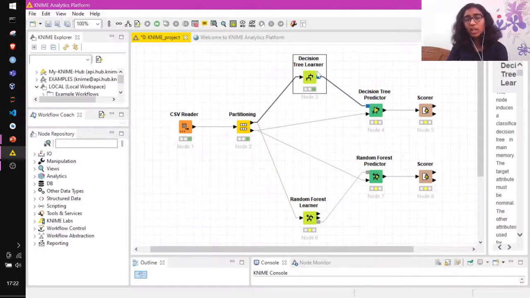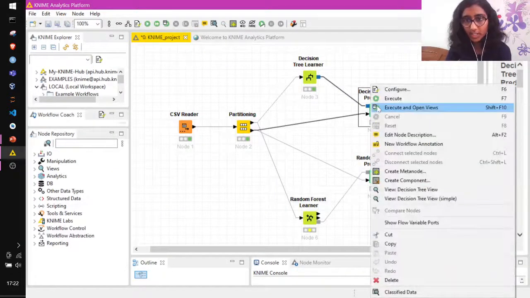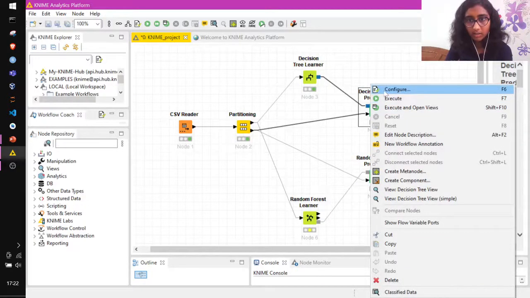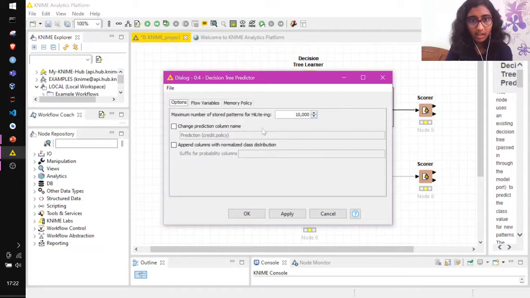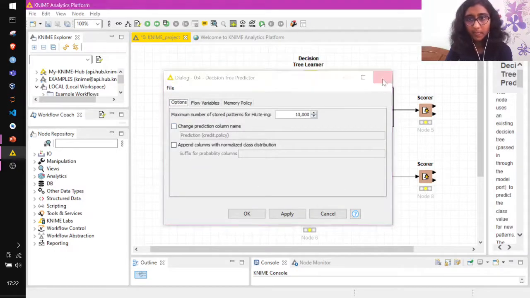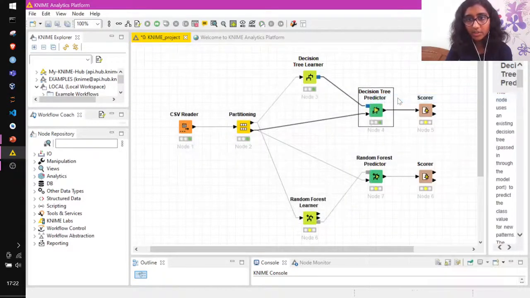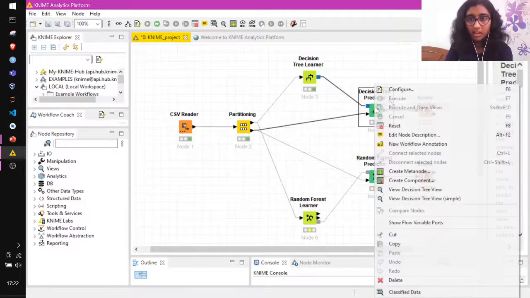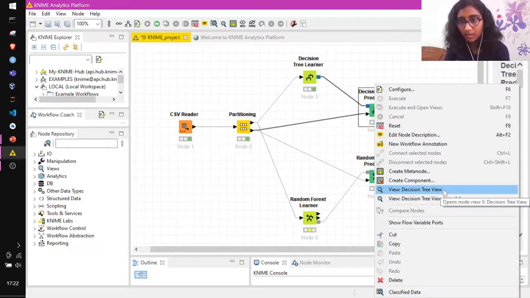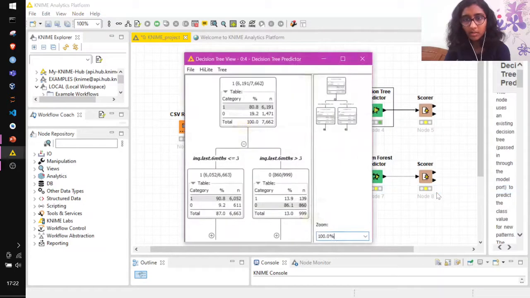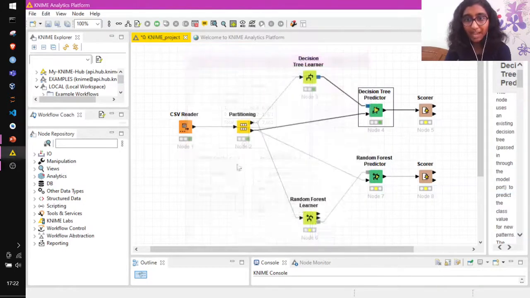In order to predict the values for the rest of the data, we'll use a decision tree predictor. So we'll execute the decision tree predictor. Okay, so the values have been predicted.